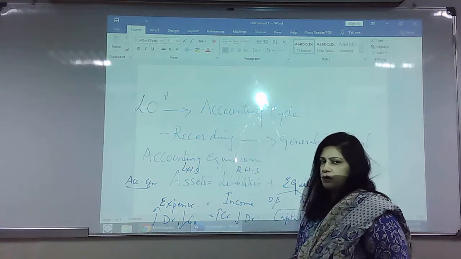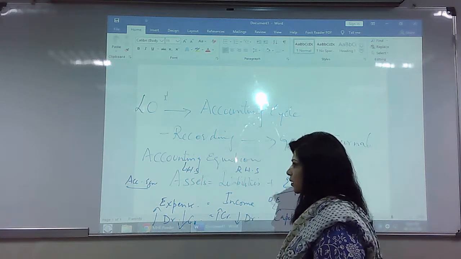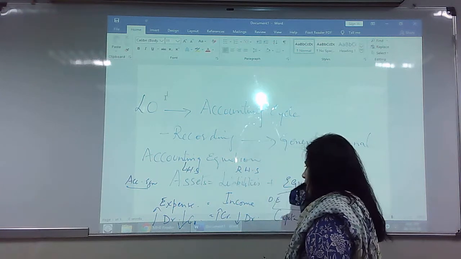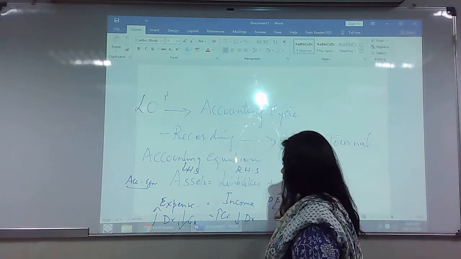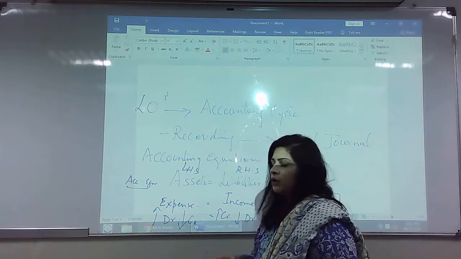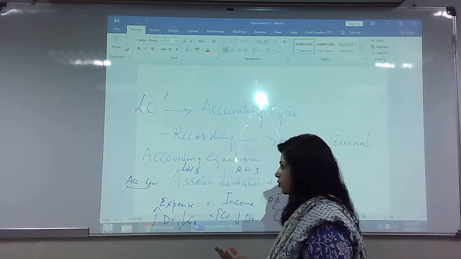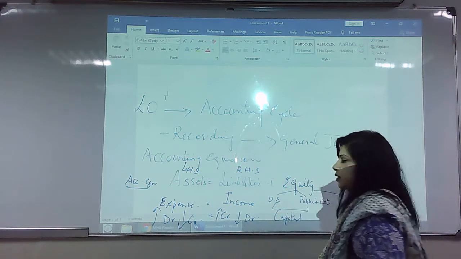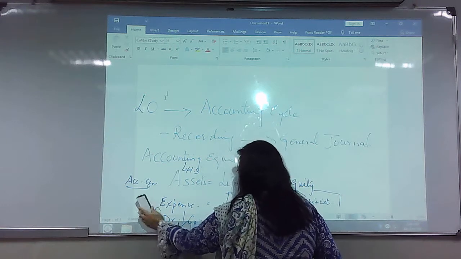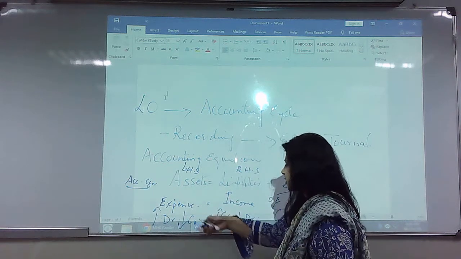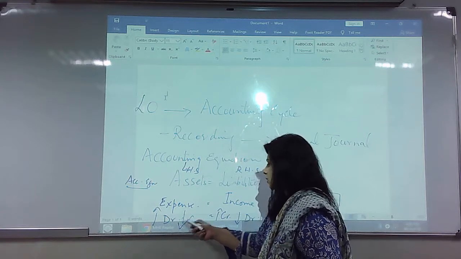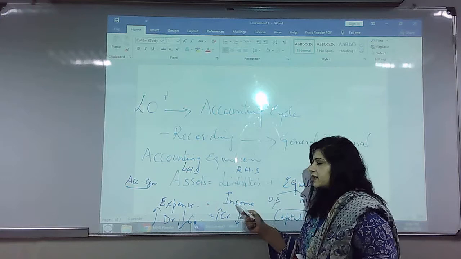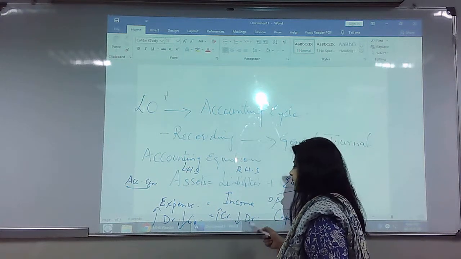And you can always make notes, but when you're doing the questions as an analysis in statement form, you will have some confusion initially. But if you keep this in front of you, then you'll be able to tally. It would be correct or incorrect, you can automatically spot that. So now I'm going to erase it. You can just simply see that this is expense. When it increases, it's debited. When it decreases, it is credited. Similarly, income, when it increases, it's credited. When it decreases, it is debited.